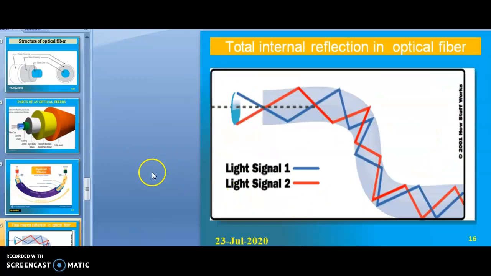Now here if you see, this is an optical fiber. Here I have considered two wavelengths, and they are made to enter. Then the light ray undergoes total internal reflection. See the blue color and the red colored light. They can be called signals. So the signals can be sent